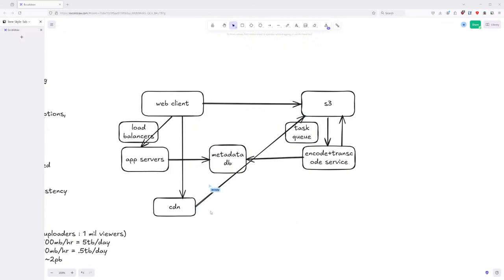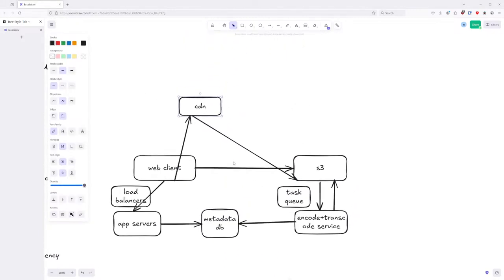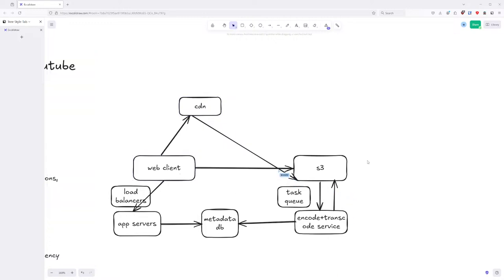Do I put the CDN above, just like over here? Sure. So how will the video be in the CDN at all? There's no write to the CDN right now. When the first time a video is requested, it won't be in the CDN, so the CDN will get it from S3.